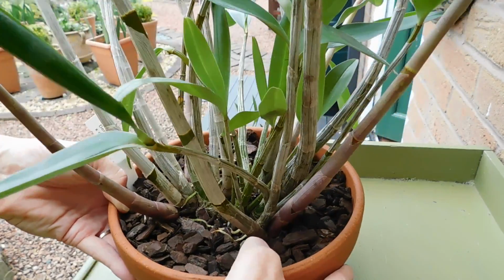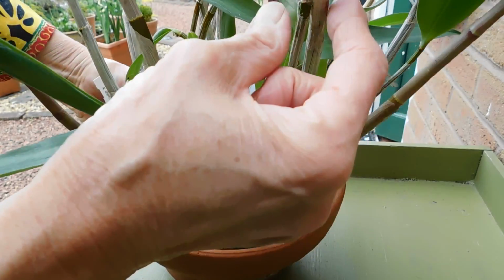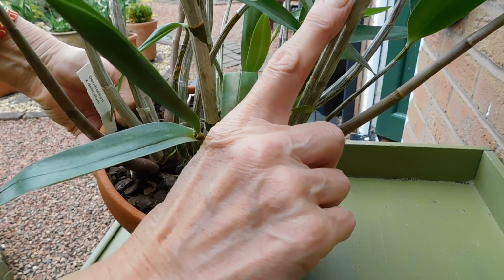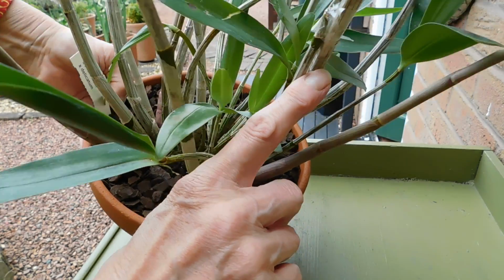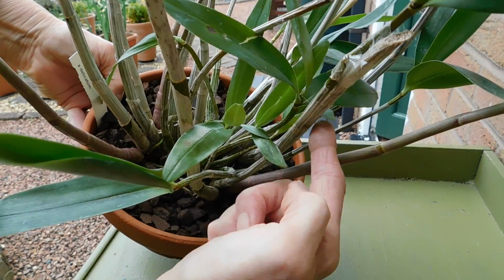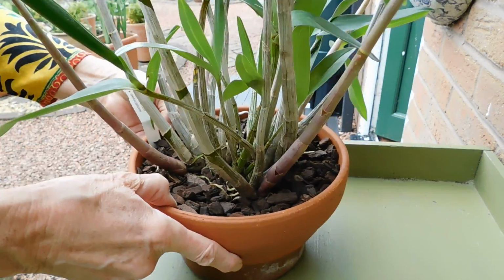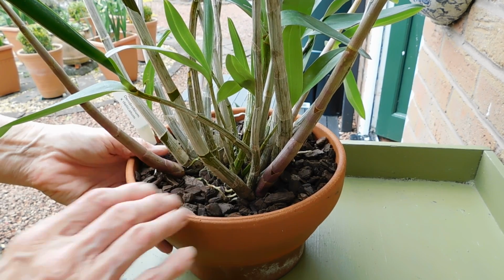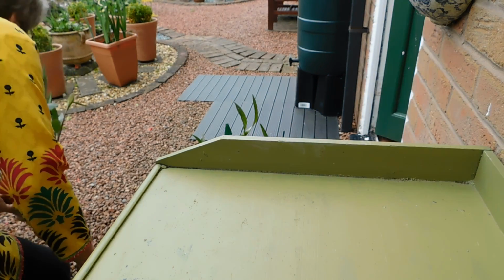I just had one little accident when it first arrived, and it's this one here where the cane actually cracked. But there we go, and I've sellotaped it onto this old cane. So that will come inside now, and like I say, the medium's nice and dry. So if I put this one down here,